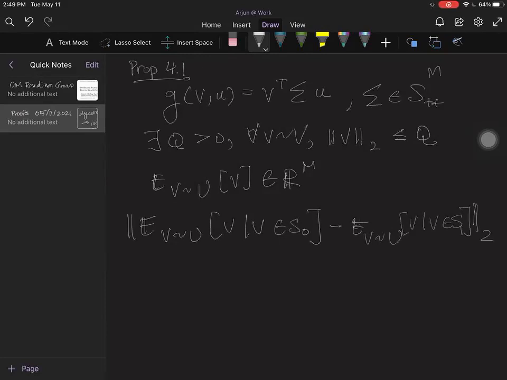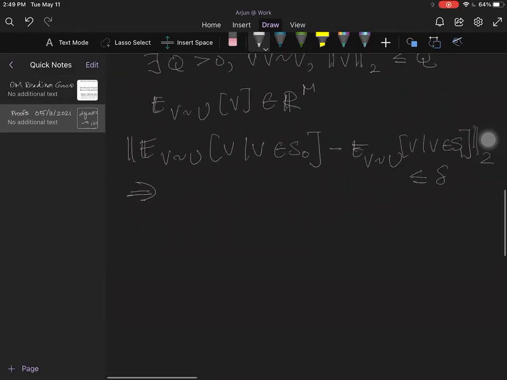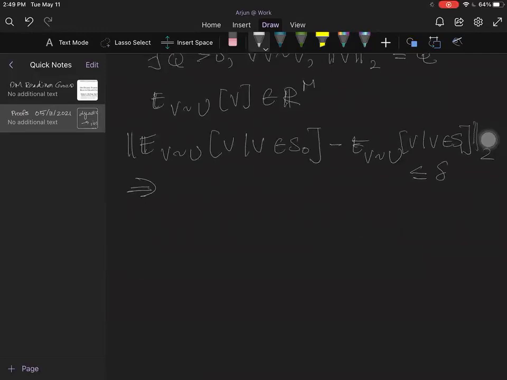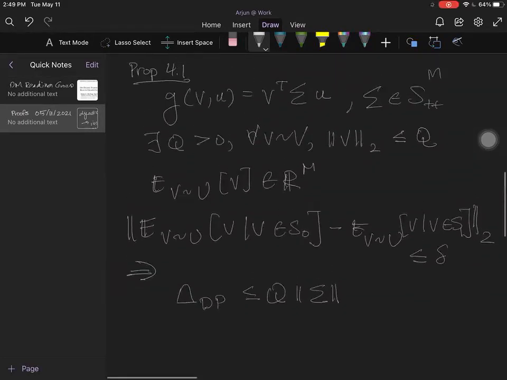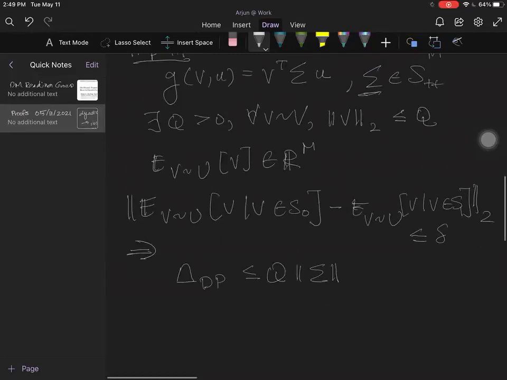If the L2 norm of the difference in expectations across these two groups is less than or equal to some delta, then we can show that this implies that our demographic parity is going to be less than or equal to Q times the norm of our matrix that's used in our link prediction function